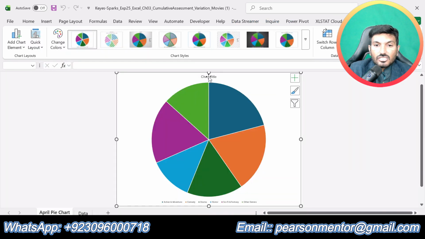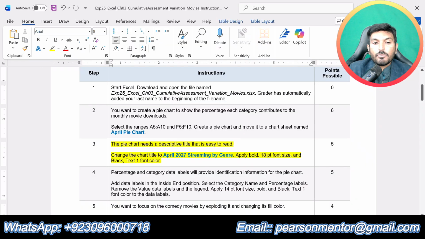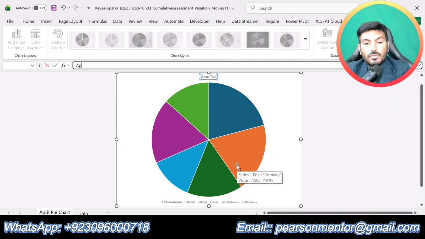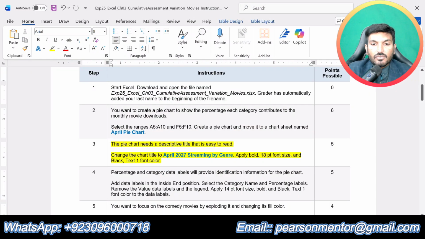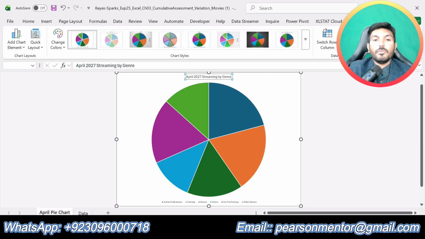So just select the chart title, then go to formula bar here, and here we are supposed to type April 2027 streaming by genre. So after typing this into the formula bar, once you are done with the typing, just press enter. Okay. So now you can say that we have added